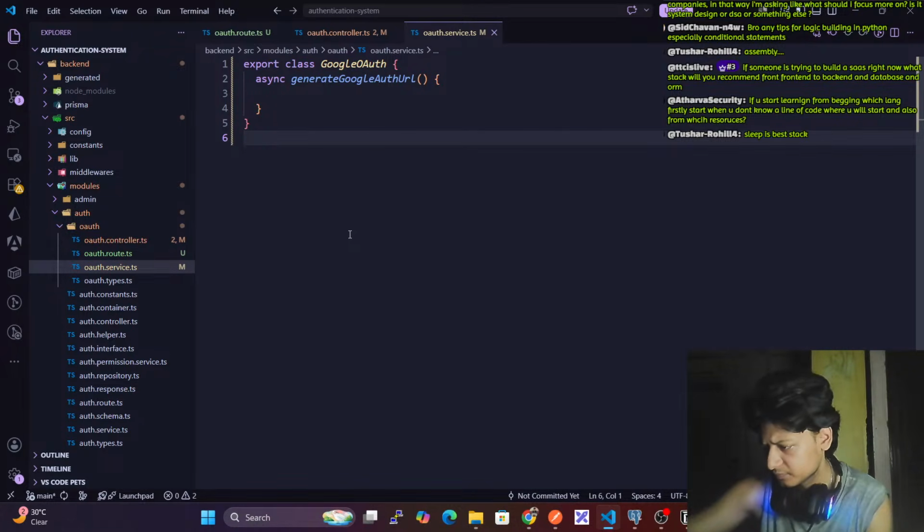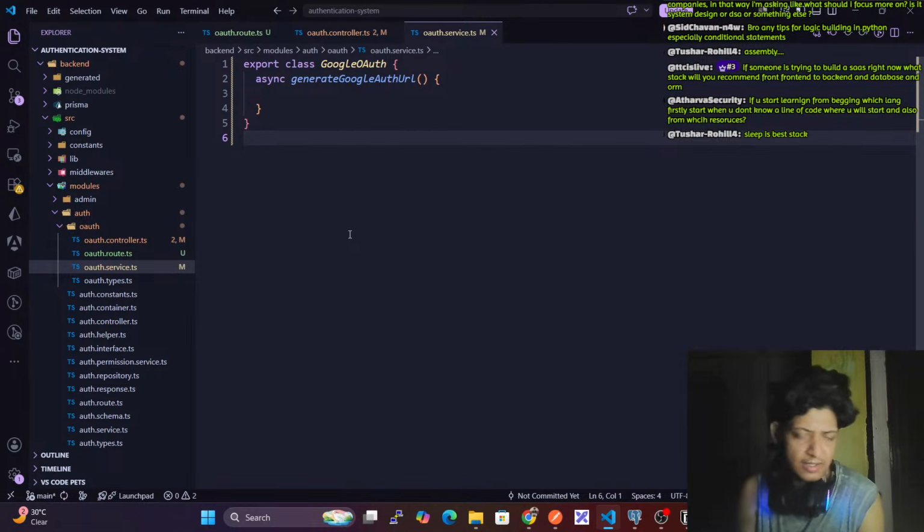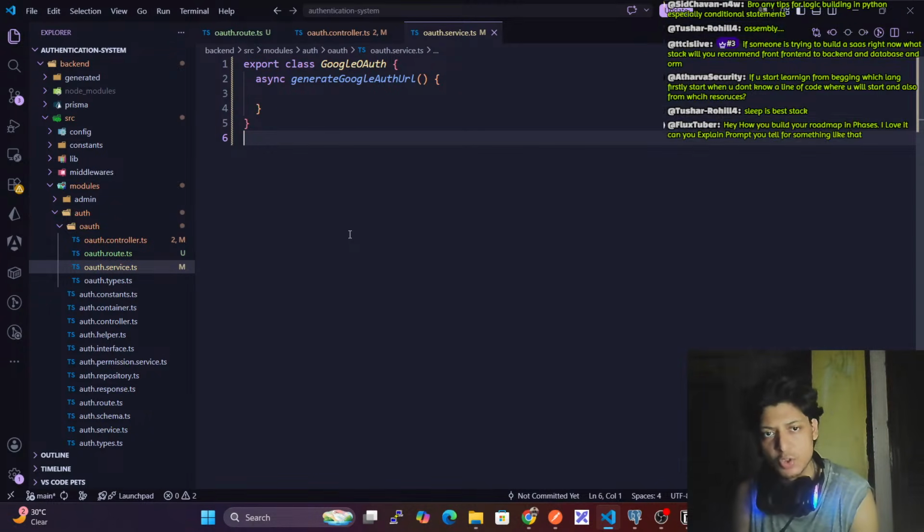Okay, if someone is trying to build a SaaS right now, what stack will you recommend from front end or back end, and database and ORM? I will suggest the PERN stack: Postgres, Express, React, Node, Prisma as ORM, and Zod for validation, because I think this is a good tech stack and it is useful in